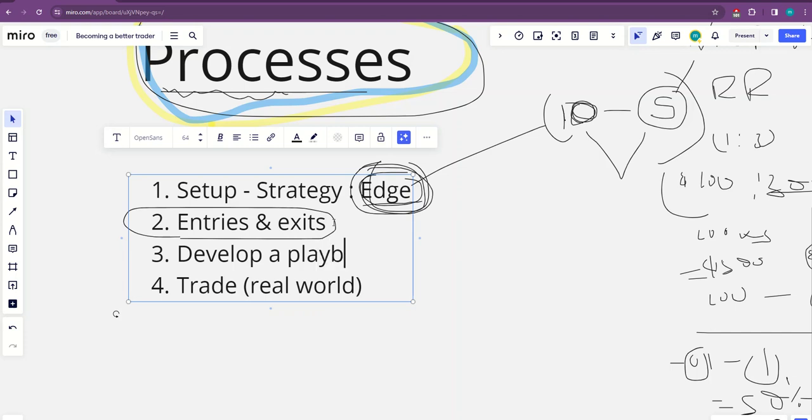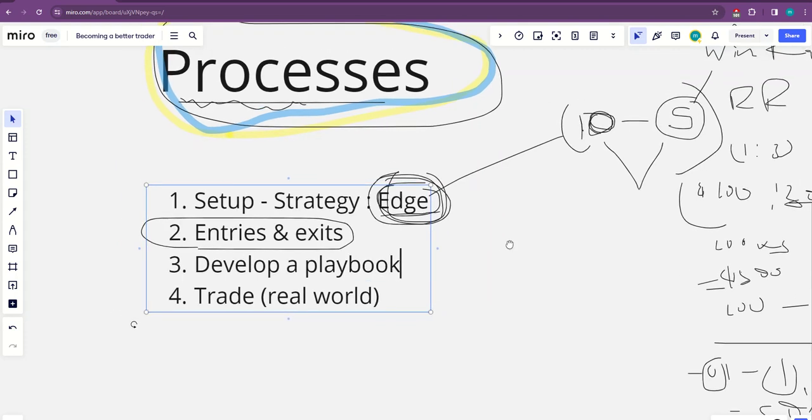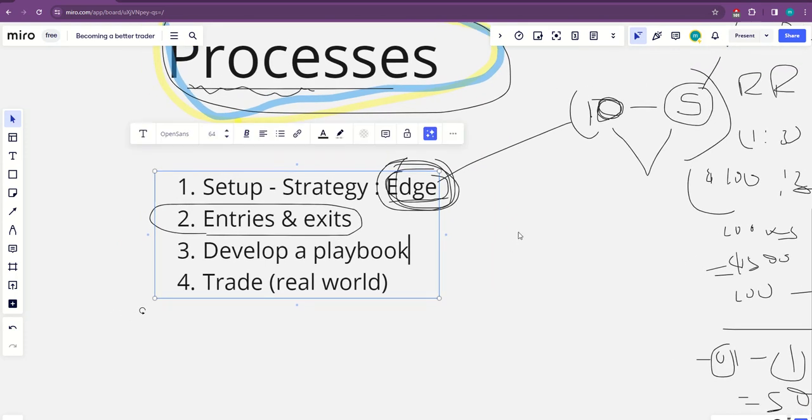Okay, there's a book called The Playbook by the founder of SMB Capital, Mike Bellafiore. It's about a real problem, not these problems. If you read that book, it takes you through building your own playbook, because you need to have your own playbook.